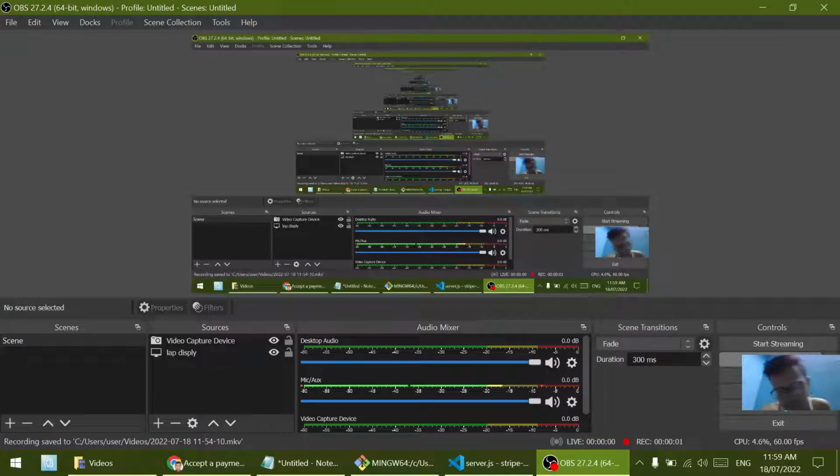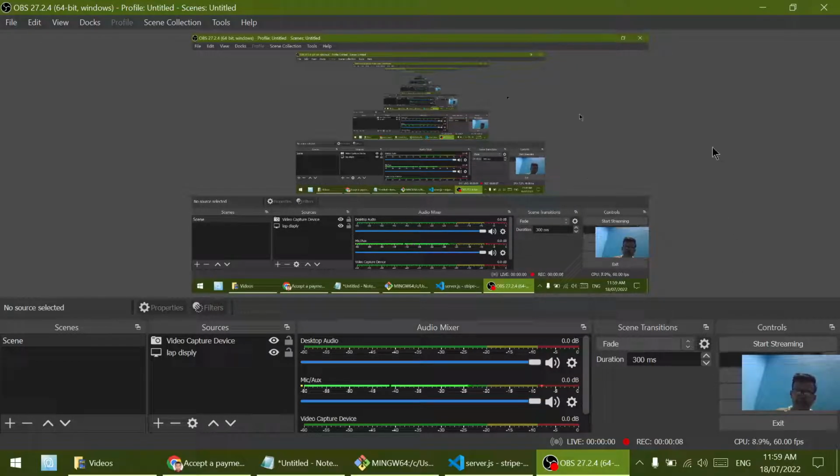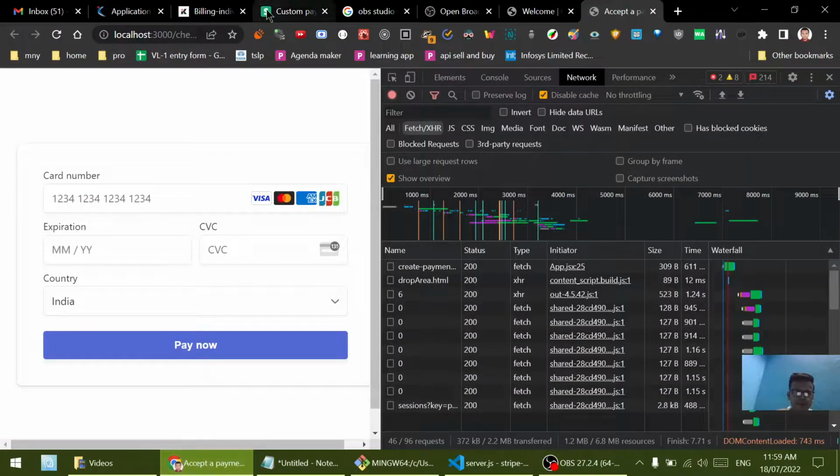Hello friends, today we will integrate our Stripe payment. For that, the first stage will be getting acquainted with all the different things in Stripe. For that, we will go to